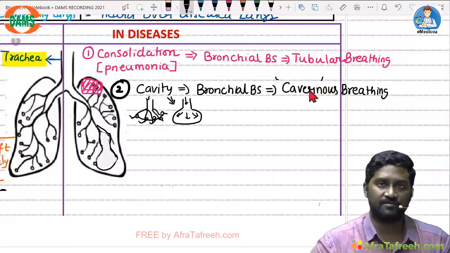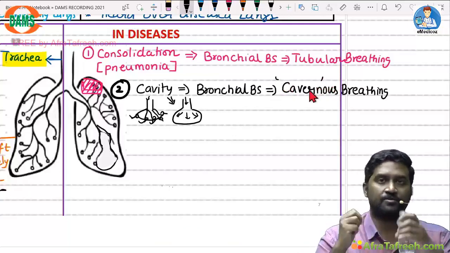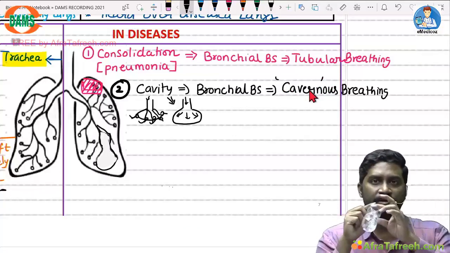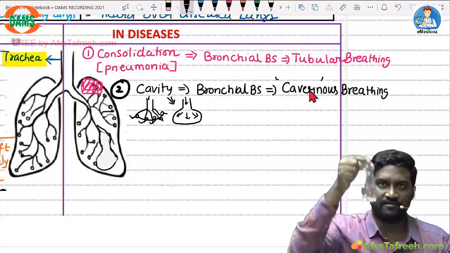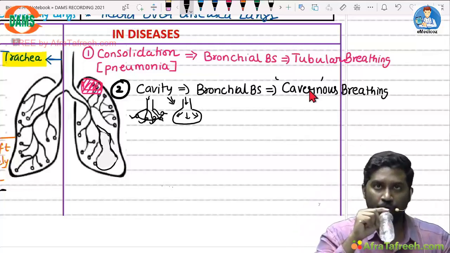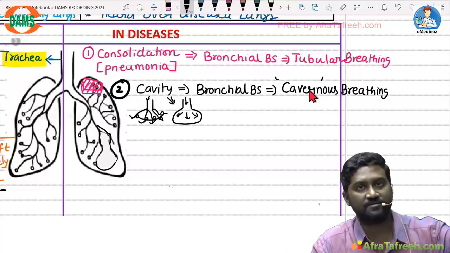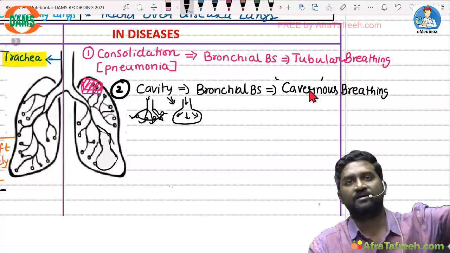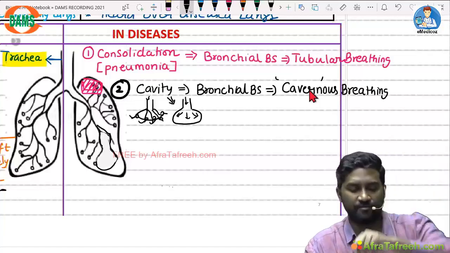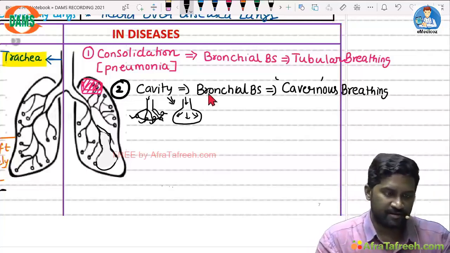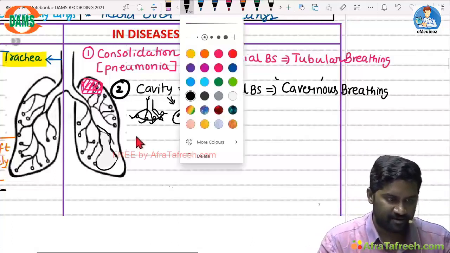So what will it be similar to? It will be similar to as if somebody is blowing into a small bottle. So this is a small bottle. If you blow into this, you will get some high intensity sound. So it will be similar to that. So cavernous breathing is similar to blowing into a small bottle. Now if there is a very large cavity,